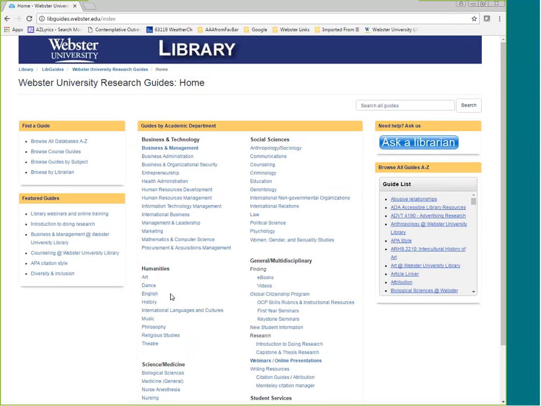So when you click on Research Guides, it's going to take you to a page, much like our database page, where they're arranged by broad discipline and then often by programs here at Webster. So we're going to click on Human Resources Development.